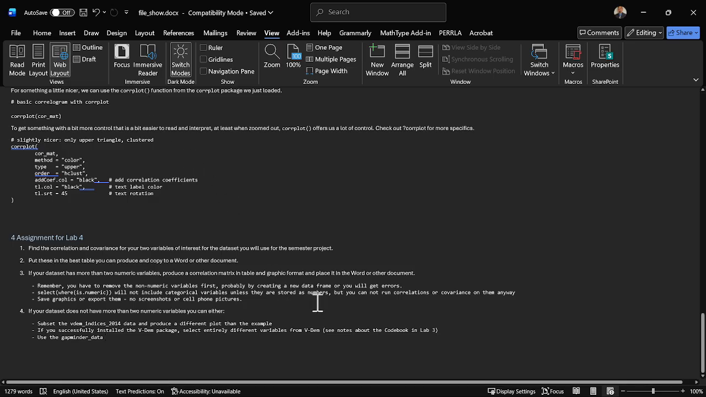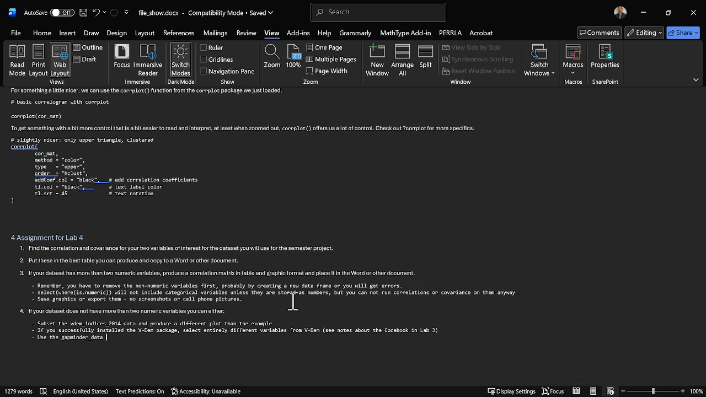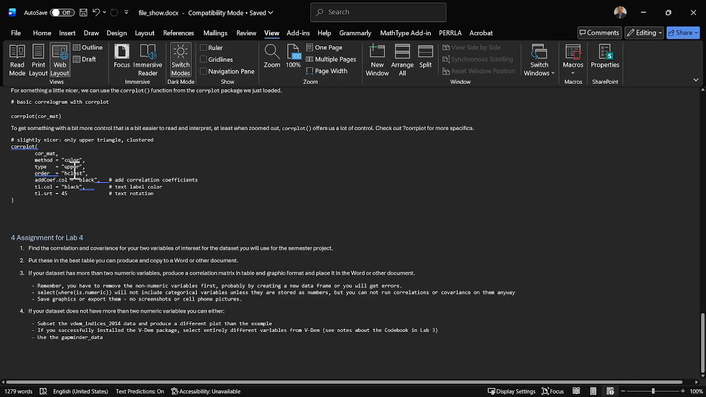You need to produce a correlation matrix in table and graphic format. If you produce just the pairs, that's fine. You'll get full credit. If you produce one of the core plots and it looks nice, at the very least using some color, you'll get full credit. So if you use the basic core plot, that's also full credit. If you do something else with it, like some additional color or some other things,